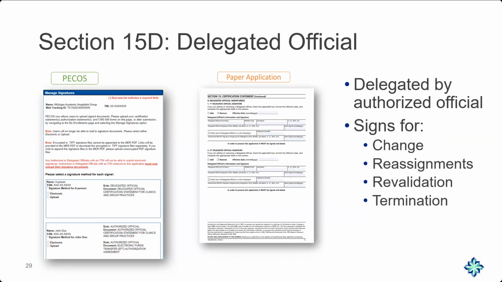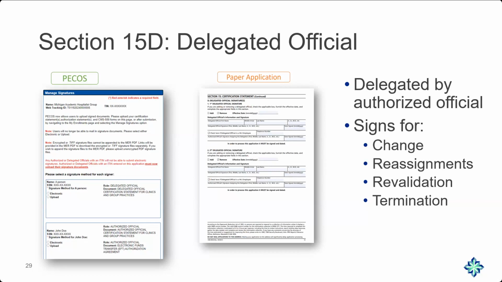Section 15 is a delegated official. They are delegated by the authorized official, and they can do everything. They can make changes, revalidation, manage reassignments. What they can't do is be the only signature for an initial enrollment, but they can be someone such as